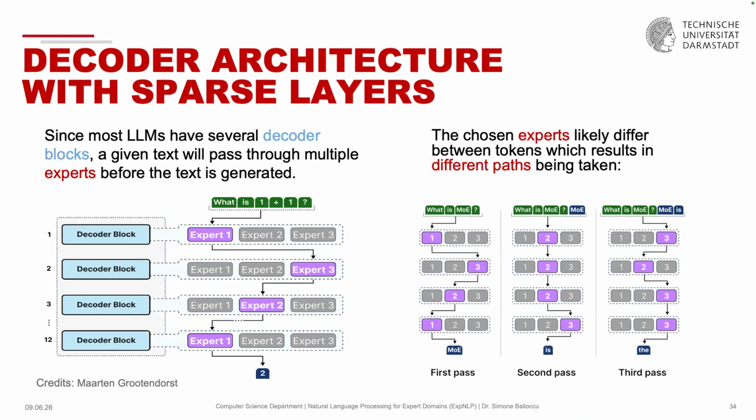You should also keep in mind that for each generation path, an expert will be chosen. So at each layer, one expert is chosen here. But these will change for each generation path. For example, here, this set of experts were chosen, and for the next token, the selection of the expert varied. You have different paths. And what is deciding on that path and selection of the expert? That's, of course, the router.